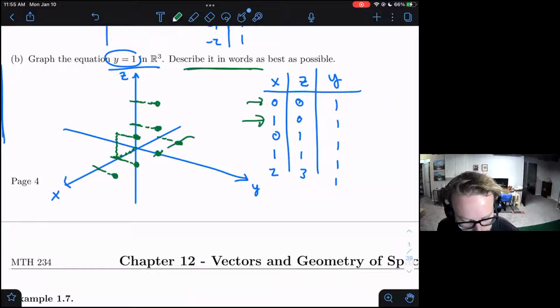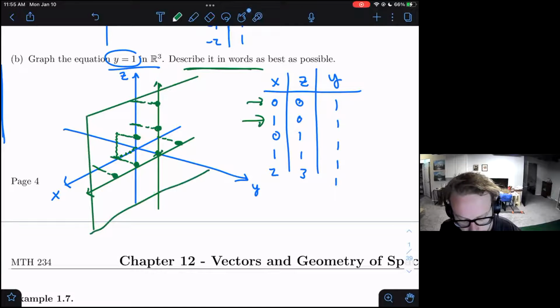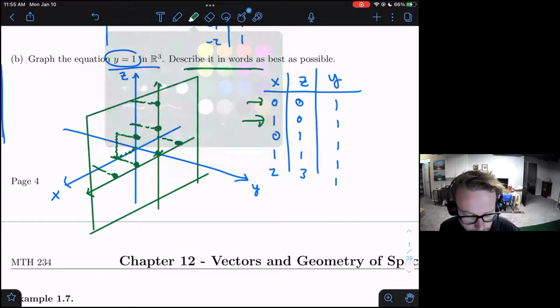So you can see this entire line this way is perfectly fine, up and down, perfectly fine, even moving off to the side like we had there, 1, 1, 1. So long as you're in this y equals 1 sort of space here, then you're fine. We are on the surface. And so this is indeed a plane.